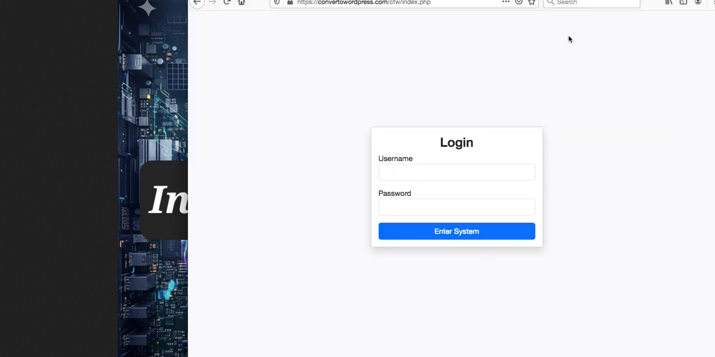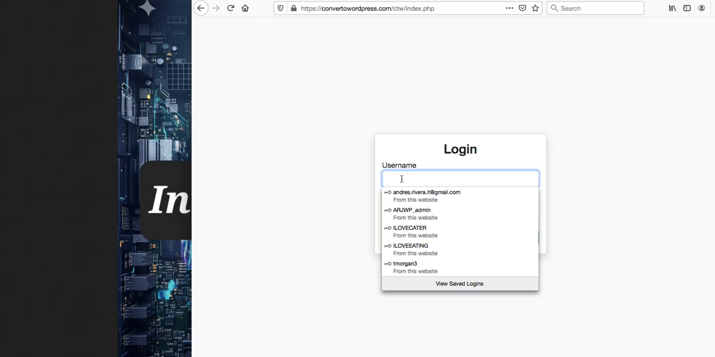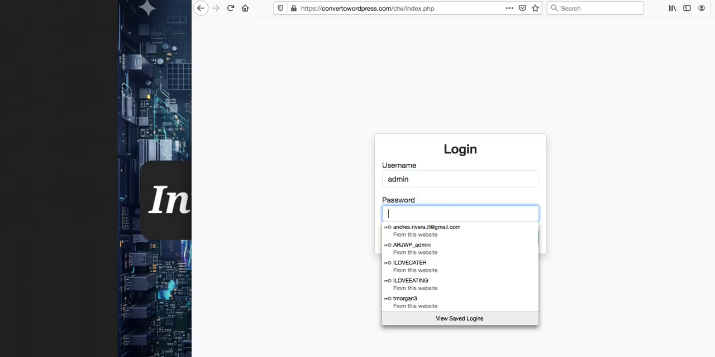We already talked about this. Let me scroll this down a little bit. Remember, I didn't get a chance to show you what would happen if I put in a bad password. Remember, the username was admin, and if I put a bad password,